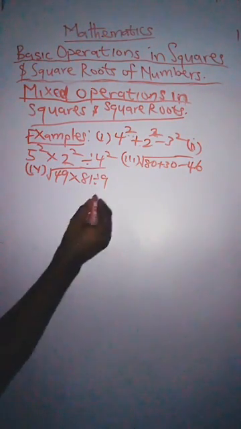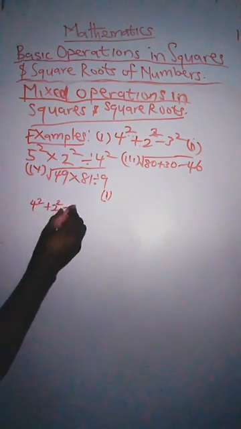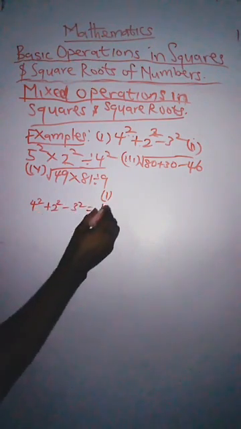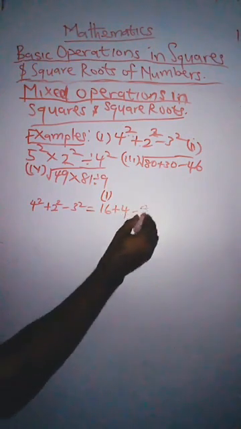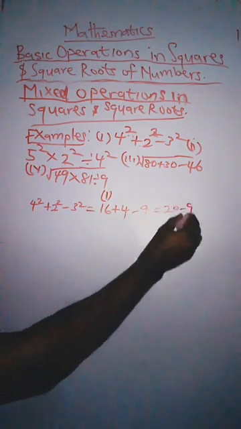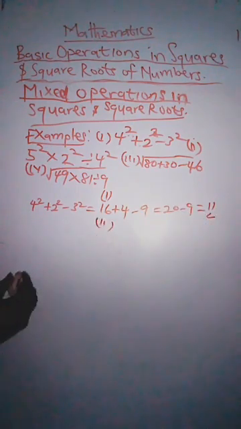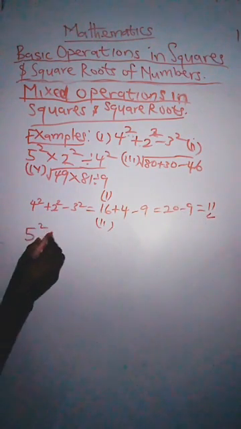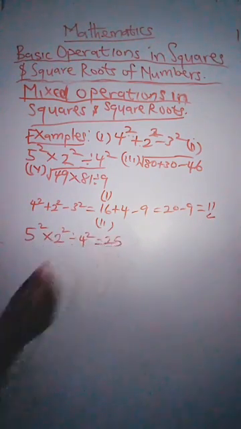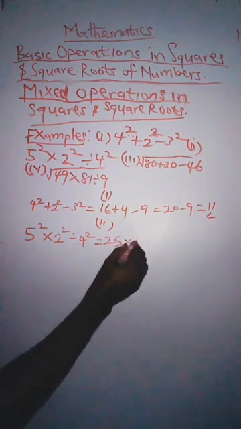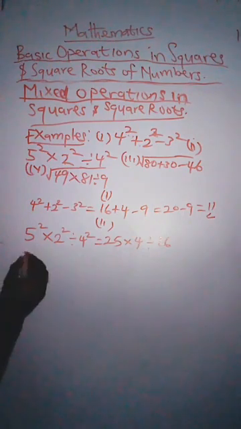1. We have 4 squared plus 2 squared minus 3 squared. 4 squared is 16. 2 squared is 4. 3 squared is 9. This is 20 minus 9. This is 11. Right? The second question. We have 5 squared times 2 squared divided by 4 squared. Right? 5 squared is 25. 2 squared is 4. 4 squared is 16. Alright? So this will be 25 times